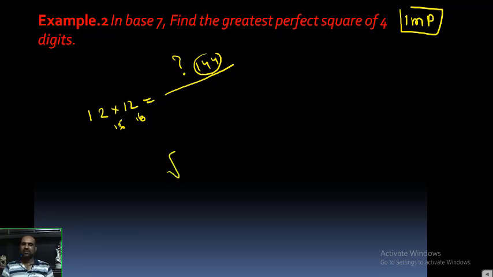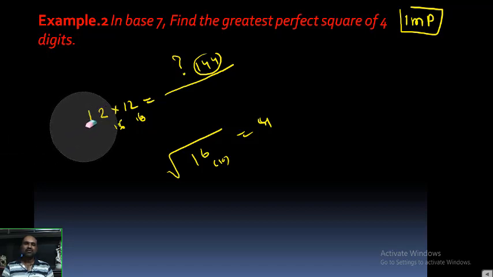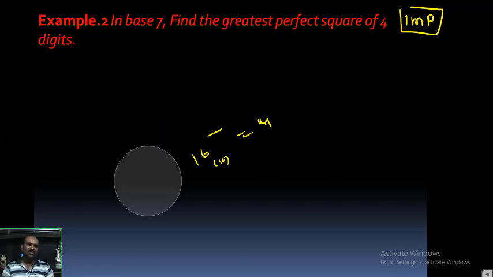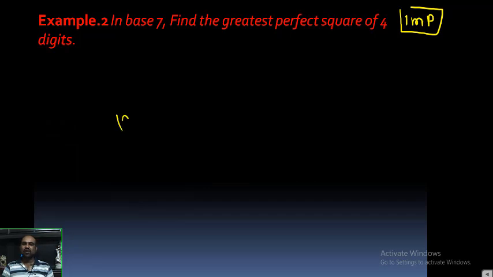If you want to find the square root of 16, that is 4. So what is the base? The base should be 10. Then only I can say that this is 4. Okay, all the operations are applicable only for numbers with base 10. What is the meaning of that? For example, 12 in base 6, you want to multiply 12 in base 6, directly can't multiply, directly can't find its square. Indirectly what he is asking, a number 12 in base 6 square equal to dash.